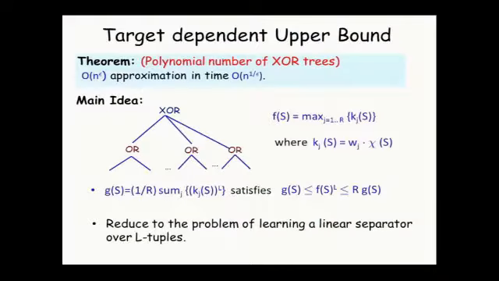And the high-level idea of the proof was that the key insight was to show that the target function, which is now a maximum of r additive functions, where r is the number of trees in its representation, has the property that its Lth power is approximated within a factor of r by a linear function over extended features, over all tuples. So we are going to have n to the L tuples, one for each subset of at most L items, and the value of the feature on a given set will be 1 if all those items belong to the set and 0 otherwise.